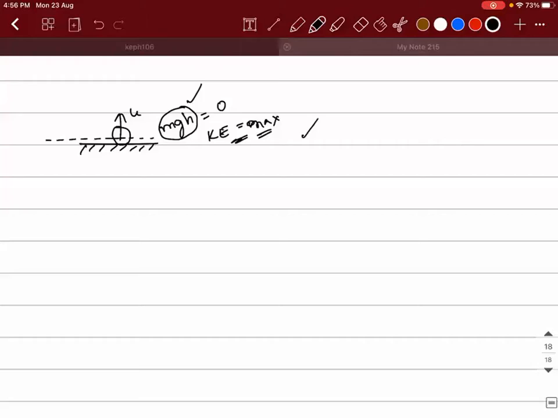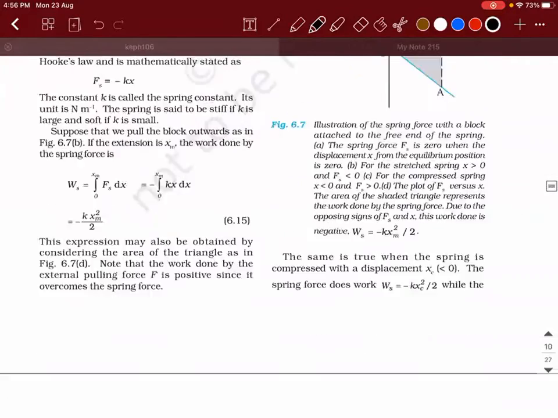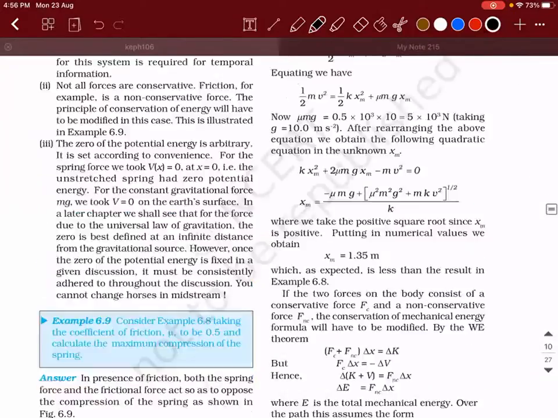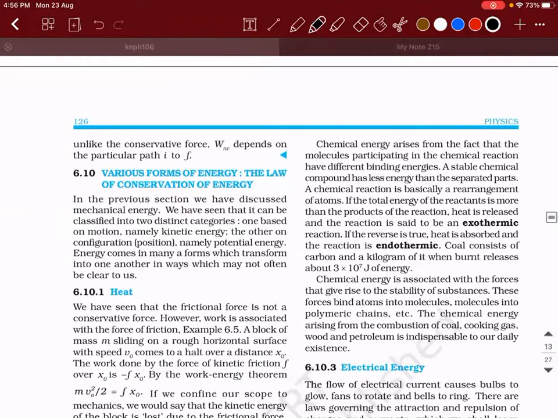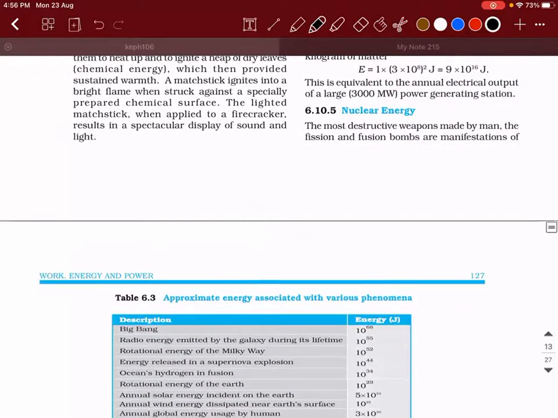So the concept I wanted to start with is vertical circular motion, but time is not sufficient. Only 4 minutes are there. So I'll stop with this. Tomorrow we'll do vertical circular motion. Day after tomorrow we'll be doing collisions, and in 3 more classes maximum, including tomorrow, day after tomorrow, and next Monday, we'll be completing this chapter. Then we'll go to rotation mechanics. I suggest you all keep revising on an everyday basis. Is there any other doubt from today's class, guys?